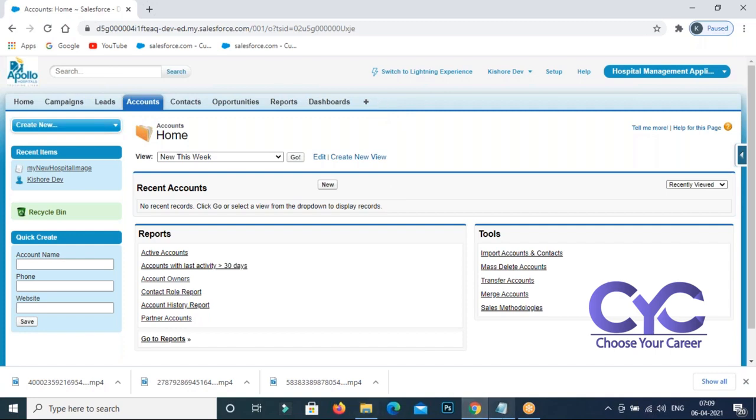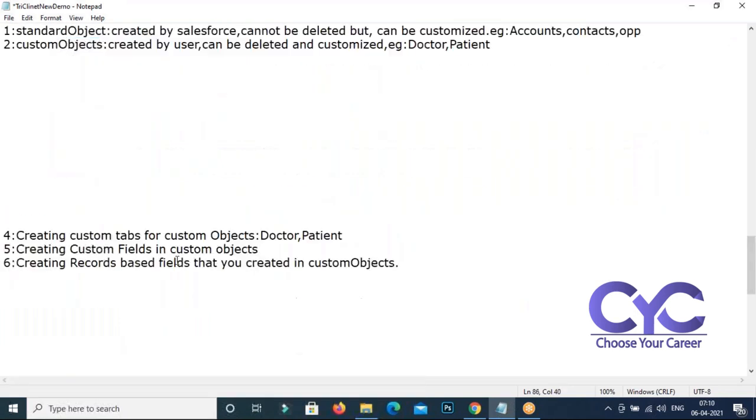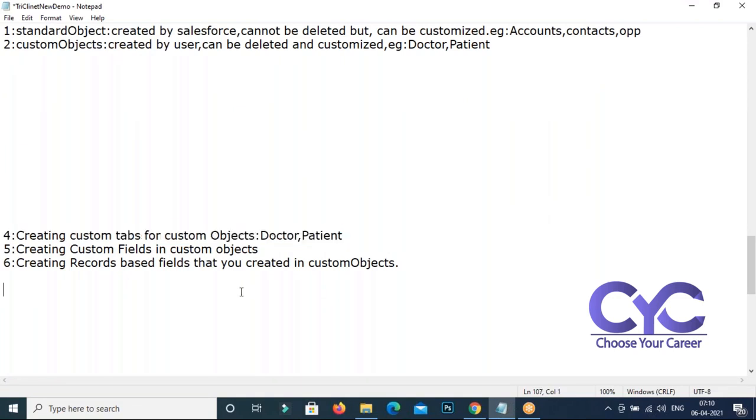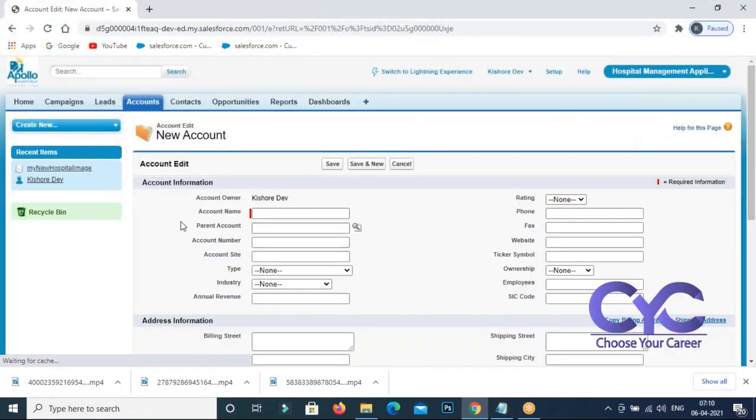So today our agenda is we need to go for creating the custom objects, and setting a tab for that object. Then we can go for creating the custom fields inside that object. What are fields here? Like this. These are the fields where we can enter a piece of data. The collection of pieces of data is nothing but the record. A record is nothing but a row, right?